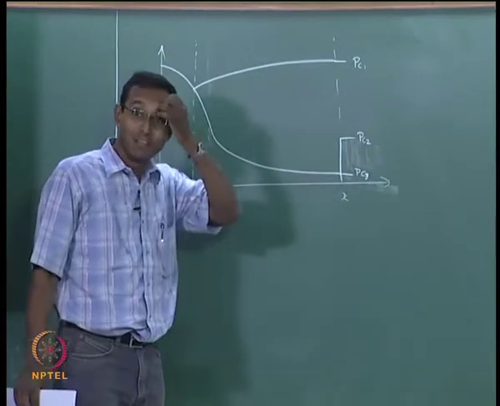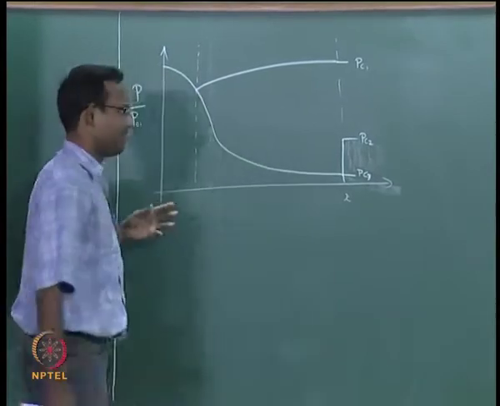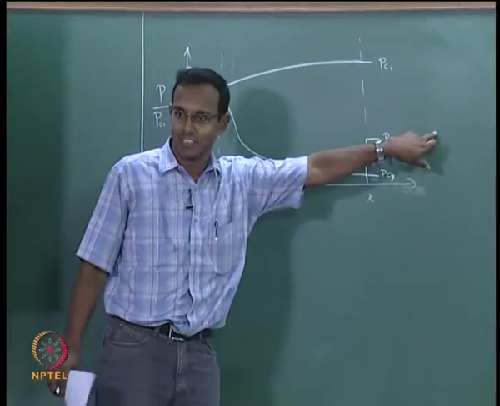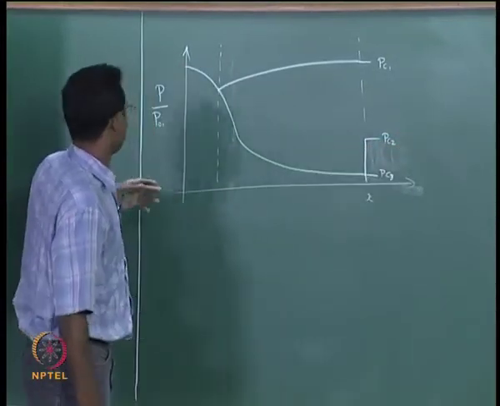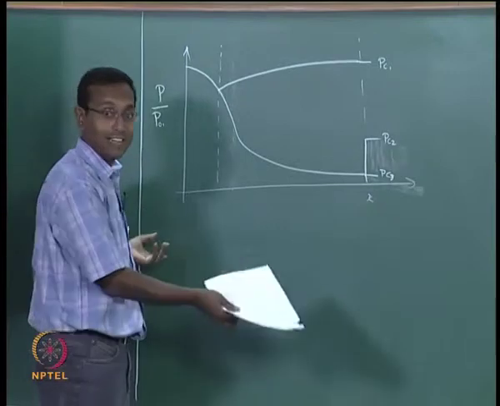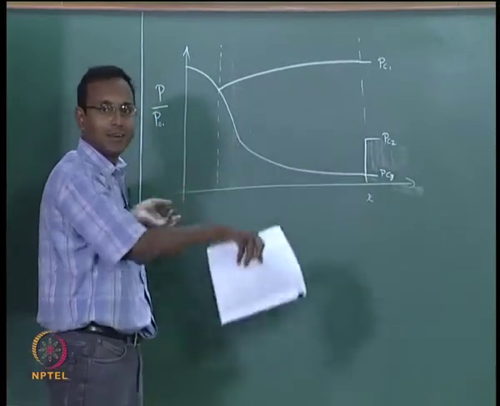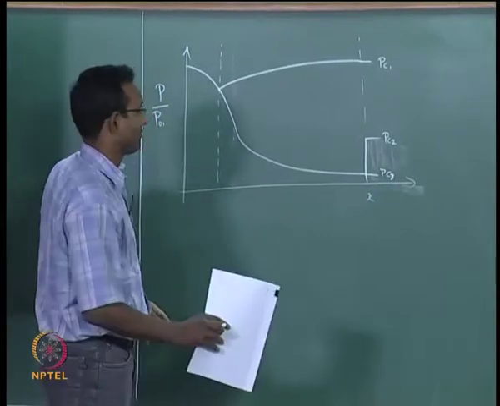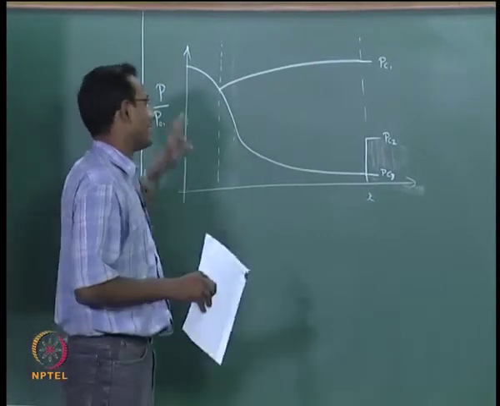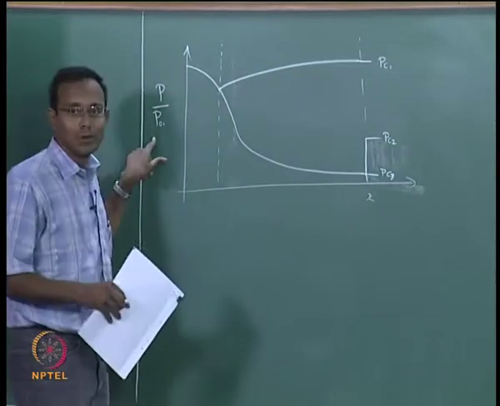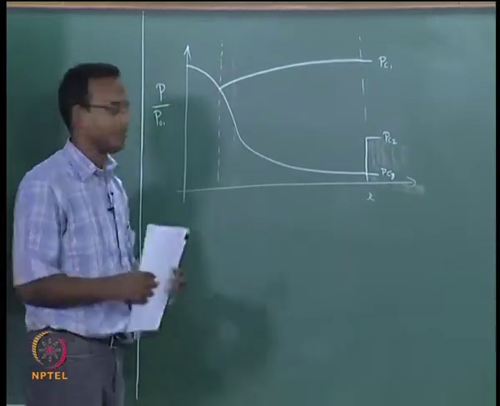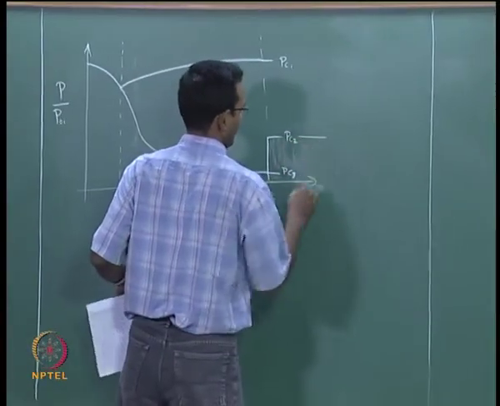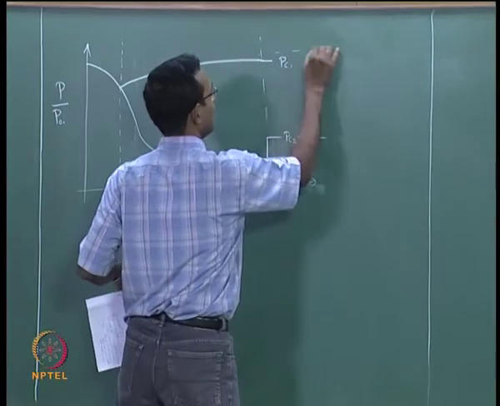We said this and we were seeing plots of it also, and we discussed what will it be if P0 is changing and keeping Pb constant, etc. Those are all just variants. Maybe I can change both, maybe I will increase both, or I will decrease one, increase the other, I can do so many variants of it. If I think about those variants, everything can be normalized to P by P01 and it will fall on this particular curve. Now we said up to here we have solved the problem, from Pb equal to P0